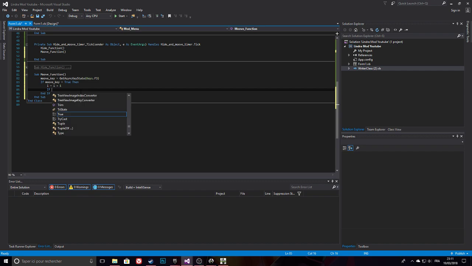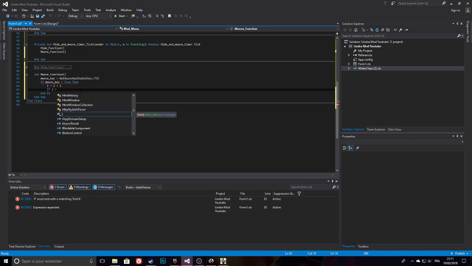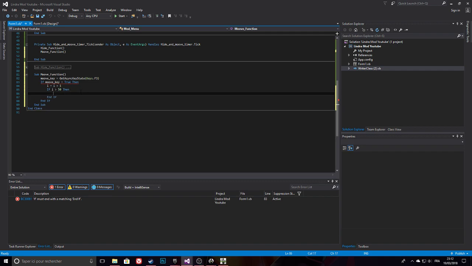So if I is higher than 50, then we want it to move, so do me dot location dot